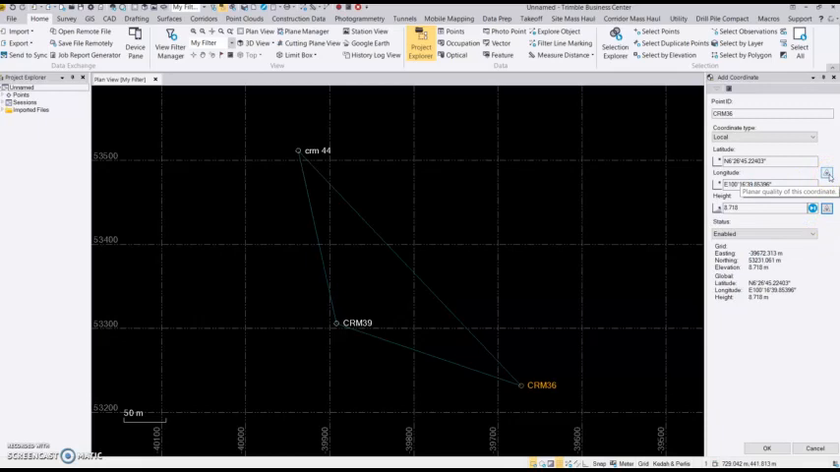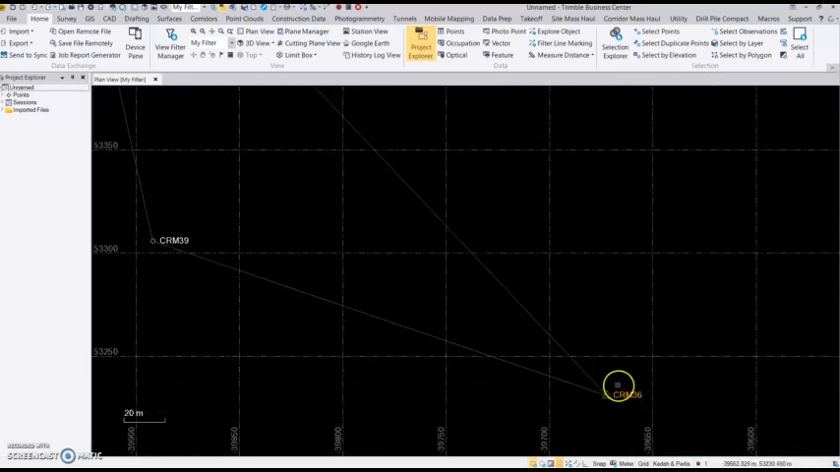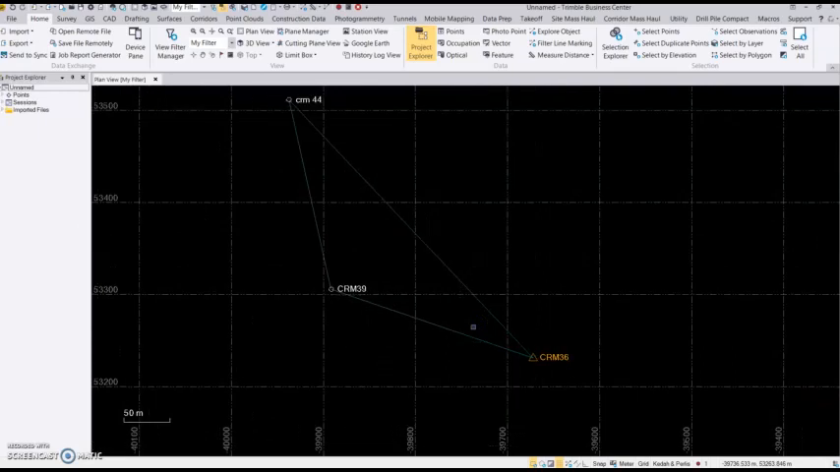Okay, and then you can click OK, and you will see that the point before this has changed to the triangle point. This means that this point is selected as a fixed station or as a base station for this processing. Okay, and then the next step is we will